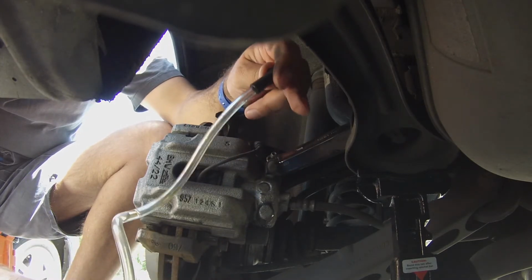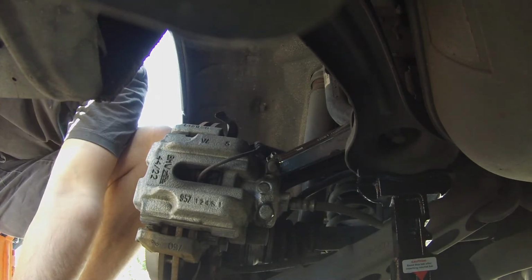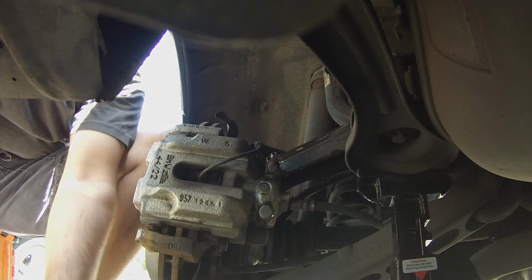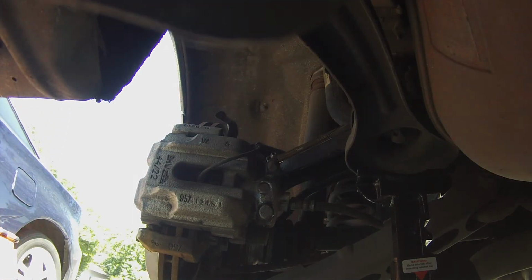Dump the catch can. Yeah, that's fine. Still dirty. Like just as dirty. So that means it's still coming through the...